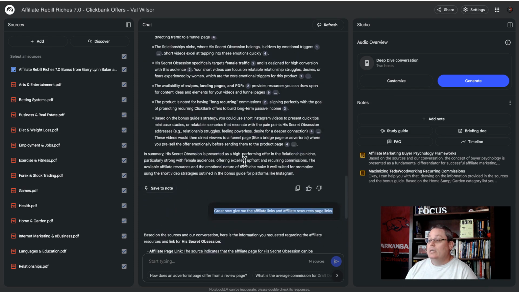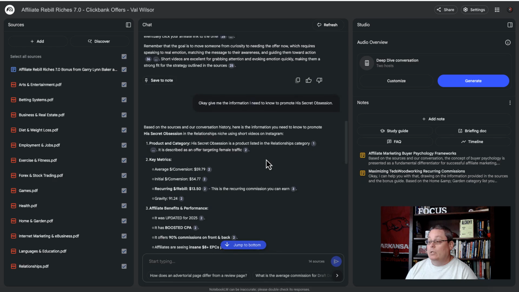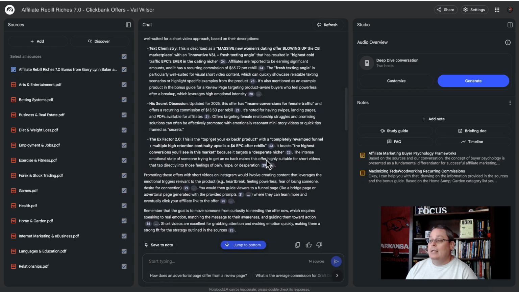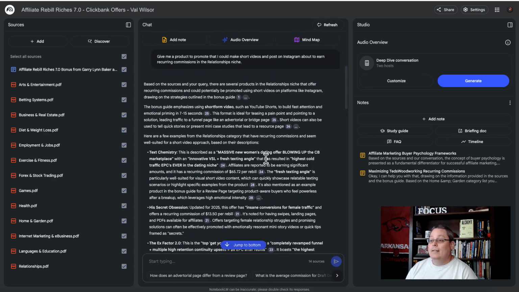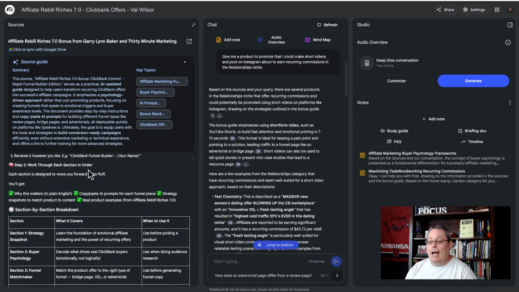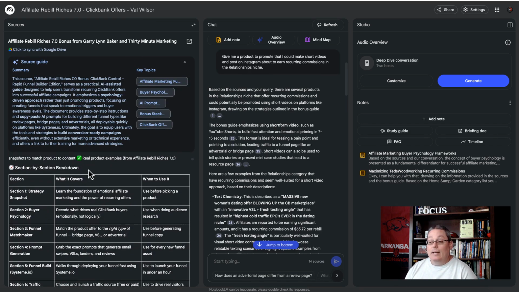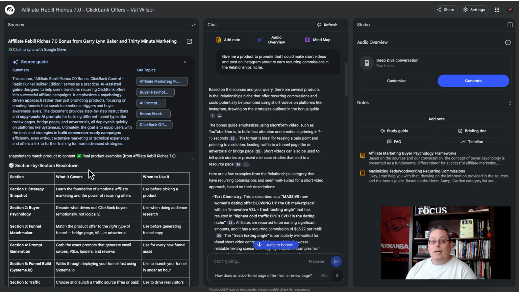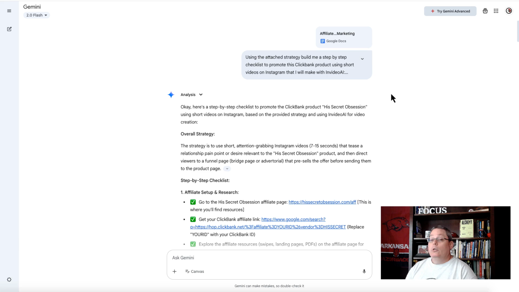Then you simply take this information and move to the next part of letting the AI, in this case free Google AI, starting with Google Notebook LM and these trusted sources with the ClickBank data that you need, as well as the step-by-step guide that I've created that breaks it down section by section with a complete strategy. You take that over to Google Gemini, you load up that Google Doc that I'm going to give you,